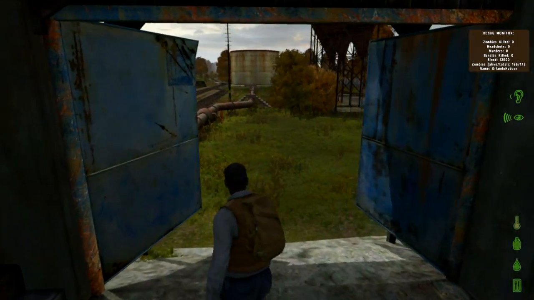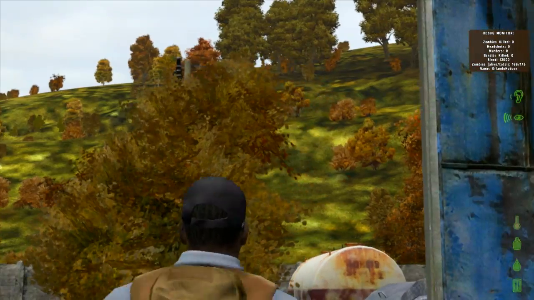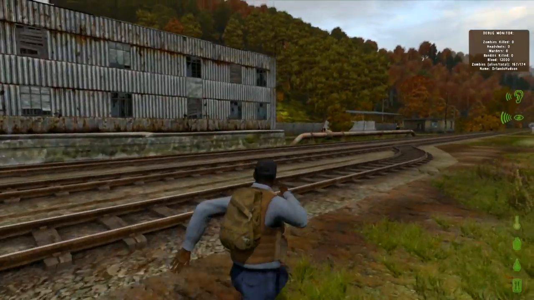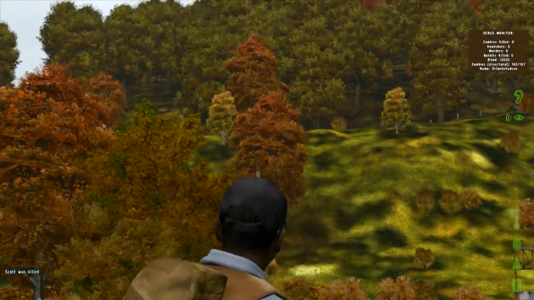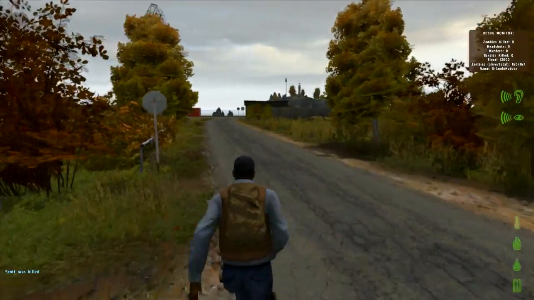Oh, the snipers are everywhere. Oh man, that's Dobry for sure. Okay, if I can find an axe, I may be able to go get myself a little something. This is Dobry too, as well. That is the main sniper area